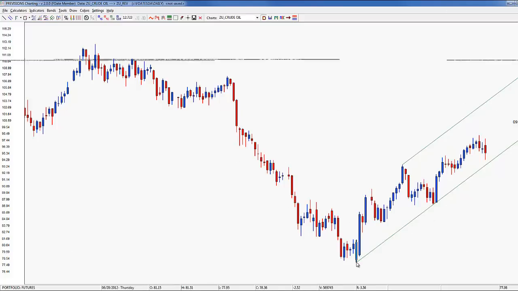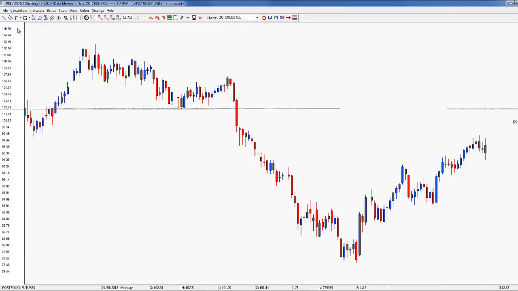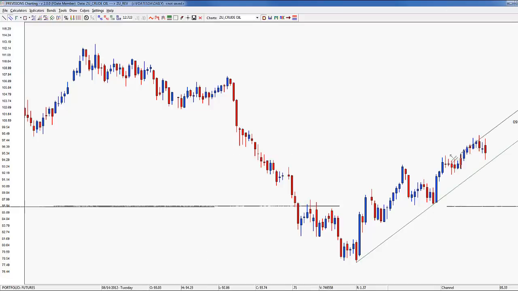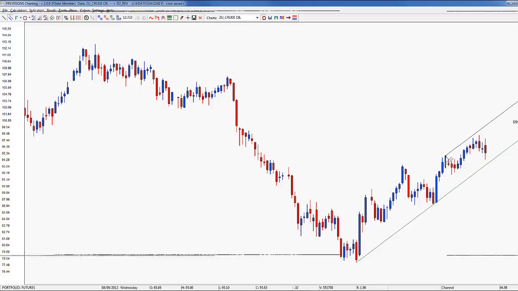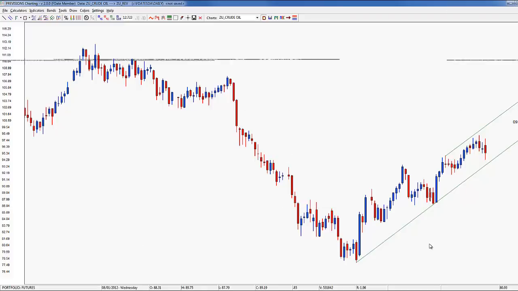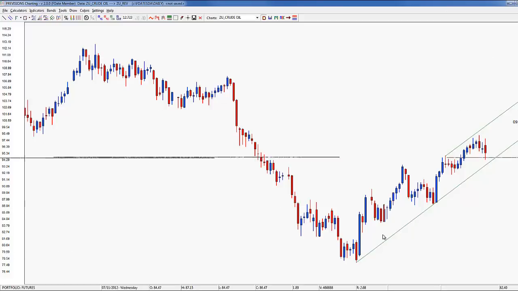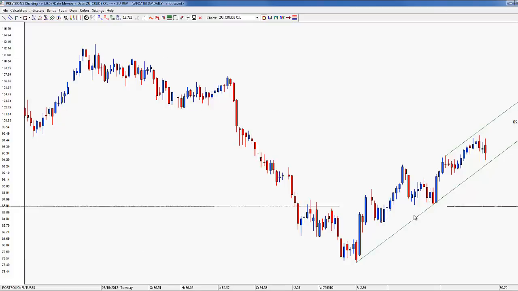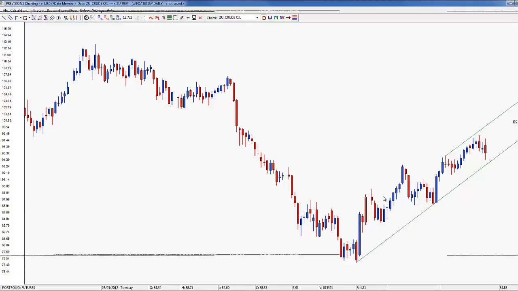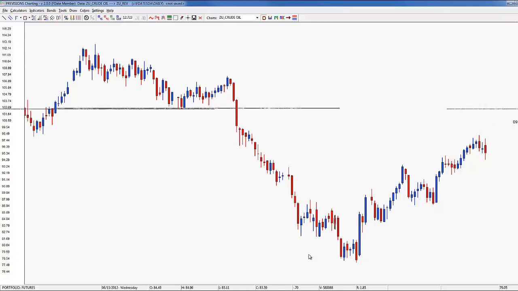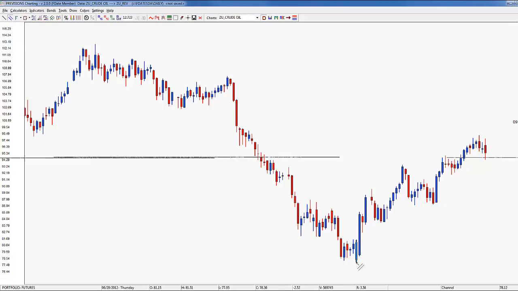A lot of people, they go, oh, okay, I'm going to do something like this. I'm going to put my bottom here, and then I'm going to put my top over here, something like this. Okay, this is not the correct way to put on your initial channel. Now you can put sub channels if you want. If you just want to start doing a bunch of lines on your chart, that's fine. But this would not be the correct anchor point. If you're going to use these two lows here, you need to use something that's the highest point here. Okay, that's just basic channel drawing. So let me put that back the way it was,